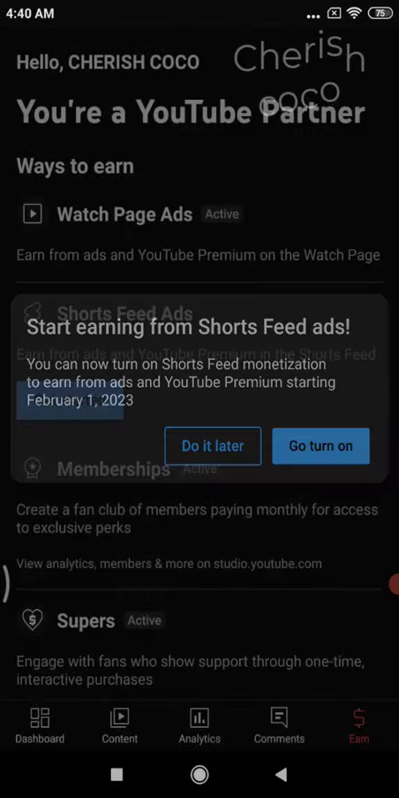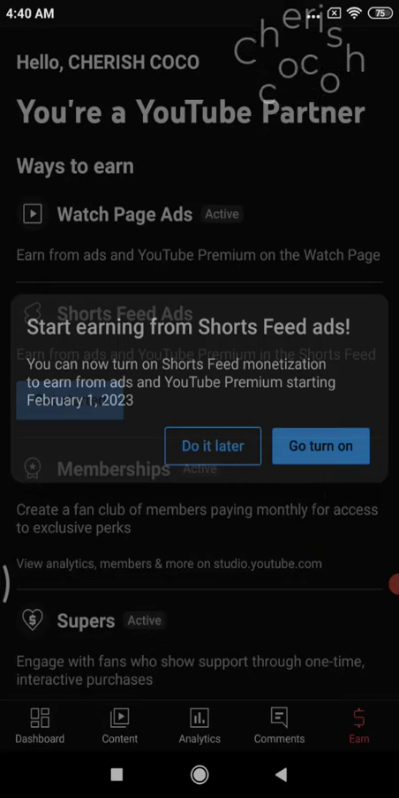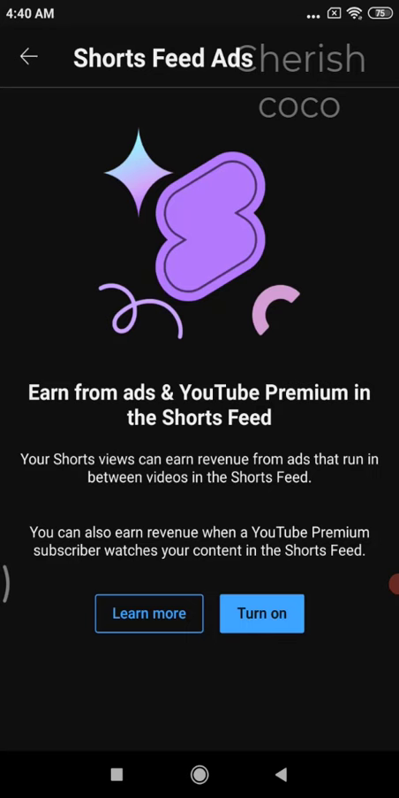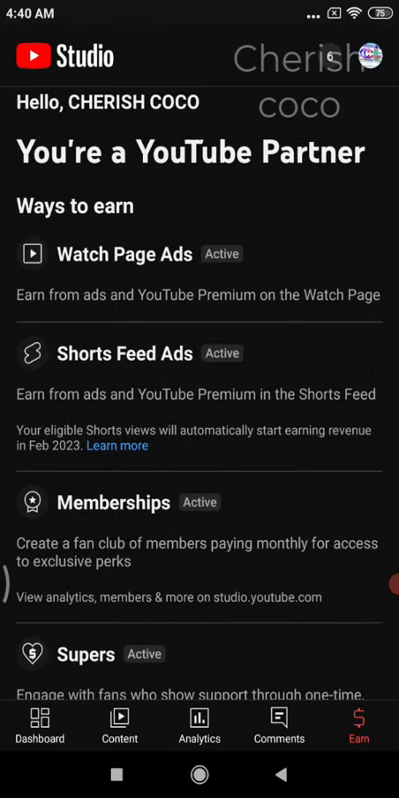All right guys, so this is what you have to do. Just click on submit. Start earning from Shorts feed ads. You cannot turn on Shorts feed monetization to earn from ads. Later, go turn on. Turn on. That is all about turning on